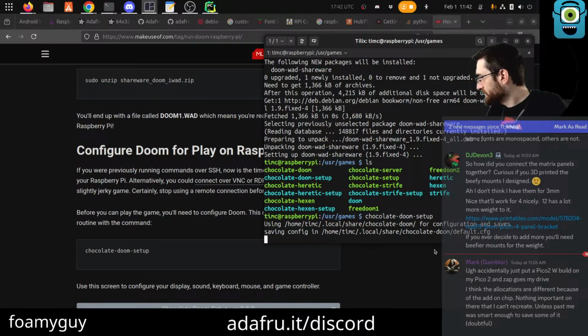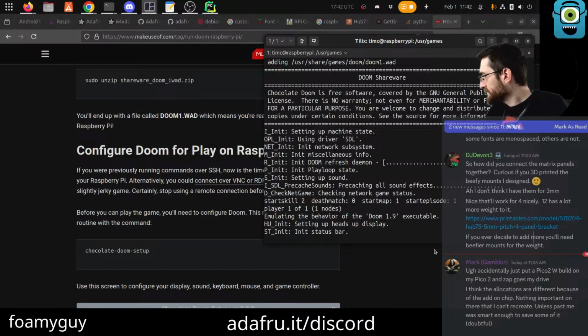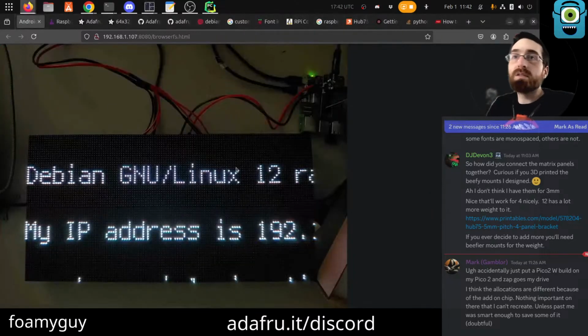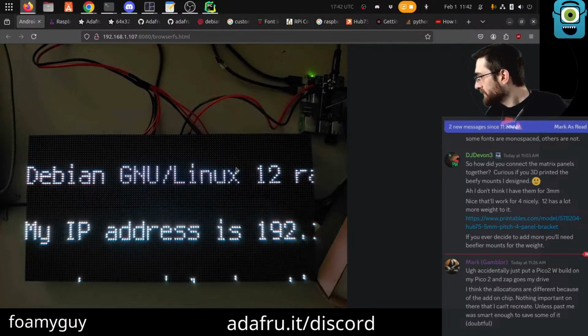Save parameters and launch. Yeah, so now I have Doom on my HDMI screen. Obviously, our goal is to be onto the panel. Close. Quit this. Try to quit. Oh, okay, that's probably what it means by the end.